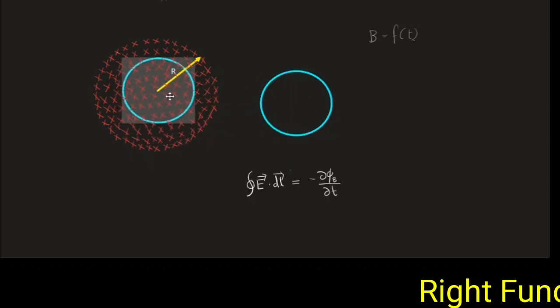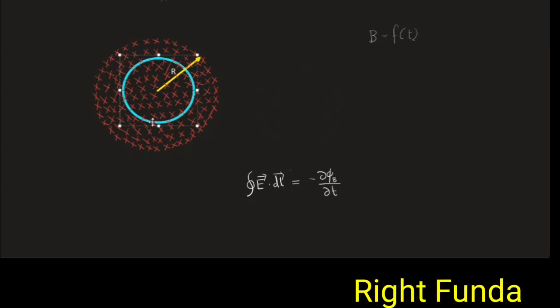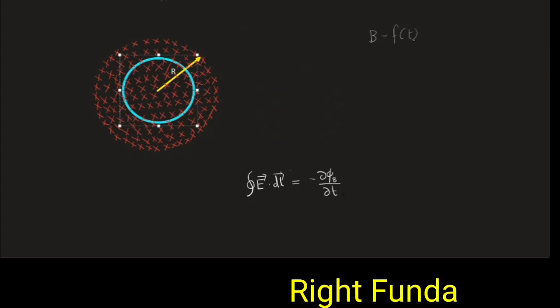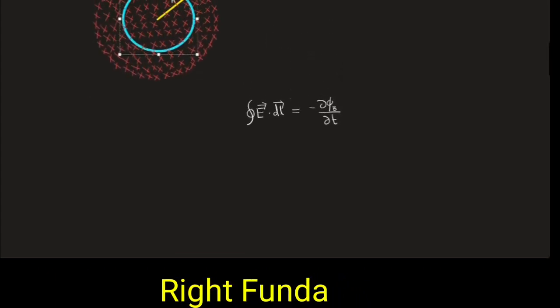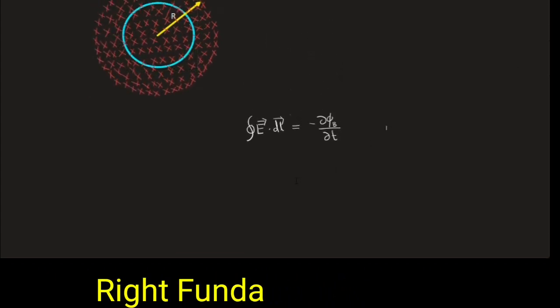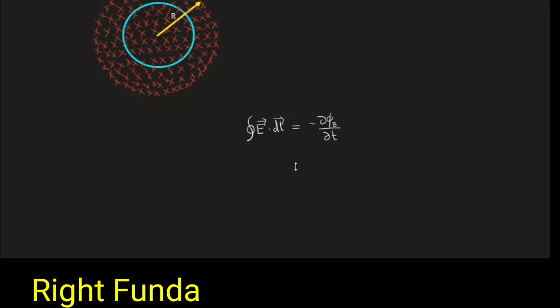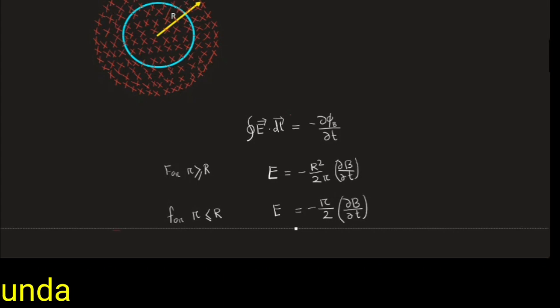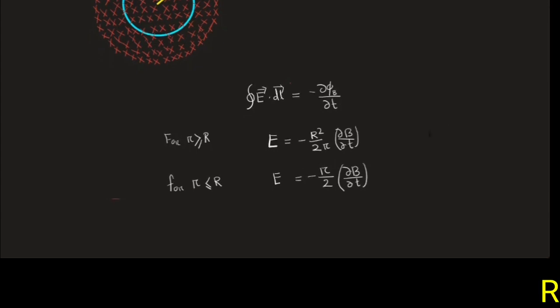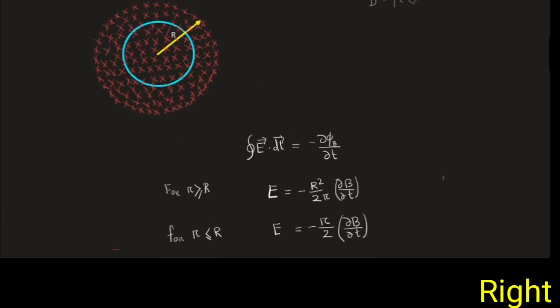that if you take a loop like this and you carry out the integration over this region, then for r less than R we obtain an equation for the induced electric field, and if r is greater than R, then the other value will be there. Two things are there, so two cases we have discussed.